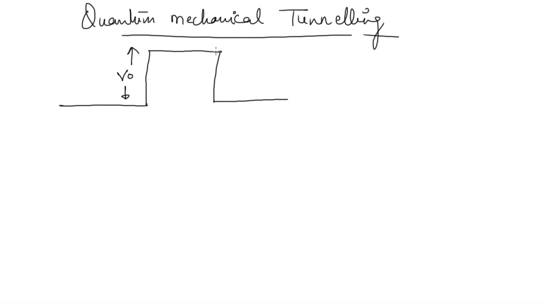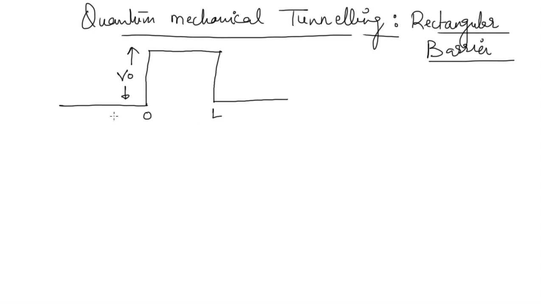V naught, and this is also called a rectangular barrier. The width of the barrier is L. This is x equal to 0, x equal to L. So now